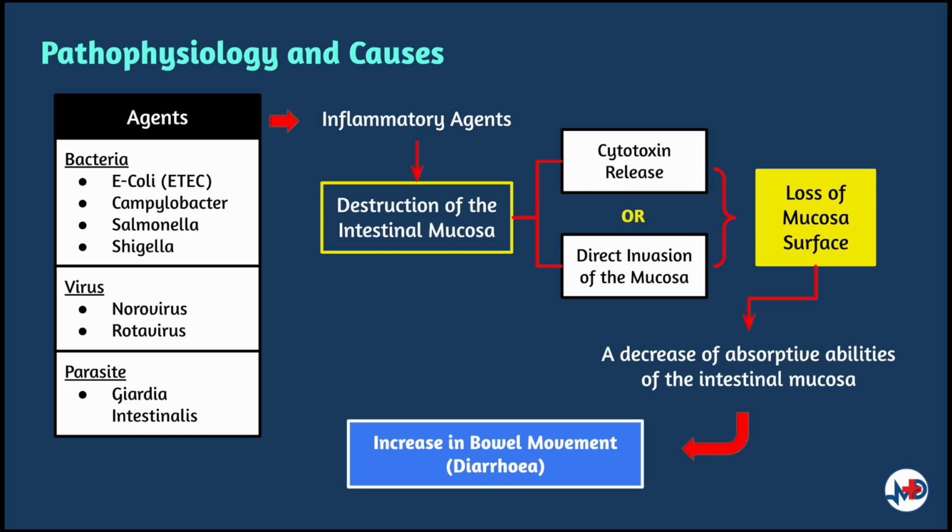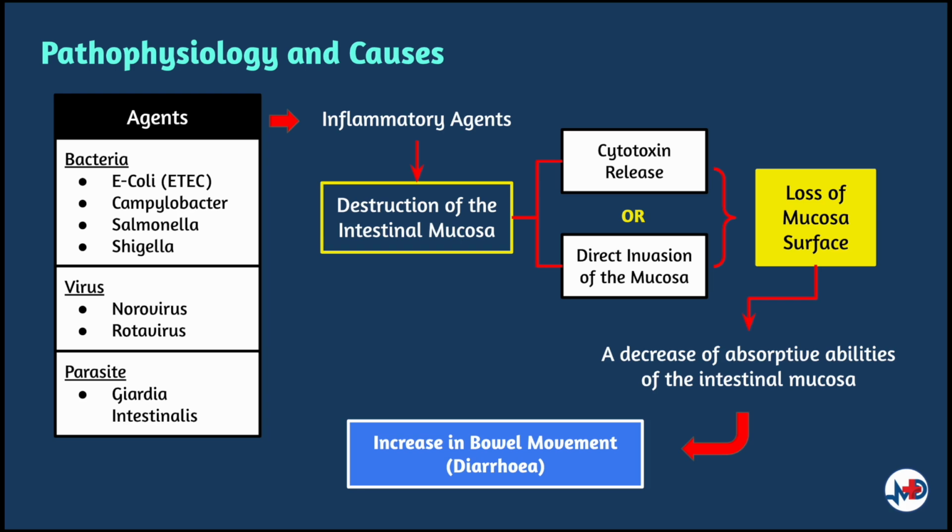Bacteria such as enterotoxigenic Escherichia coli, also known as E. coli, Campylobacter, Salmonella, and Shigella are common causes of traveler's diarrhea. Parasites and viruses are less common etiologies. Bacterial, viral, and parasitic infections can cause symptoms, though bacterial sources represent the most frequent etiology. And the most common bacterial cause, as mentioned earlier, is enterotoxigenic Escherichia coli.